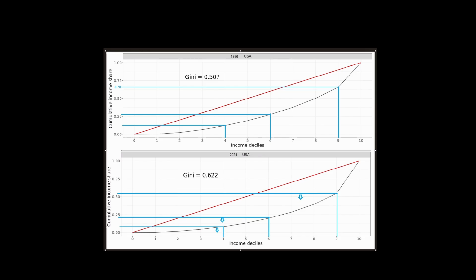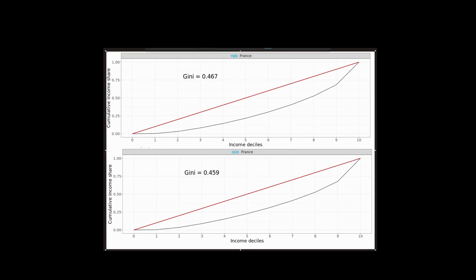Is it the same everywhere? Well, let's take a look at a European country. Let's take a look at what's happening in another third and final case, and then we'll talk about the Gini coefficient. In this scenario, we're taking a look at a different set of countries. Well, sorry, it's still one country, but over two different time periods. In this case, we're evaluating France. We're taking a look at France in the 1980s as well as France in 2020 and evaluating the effect on income distributions over this 40-year time period.